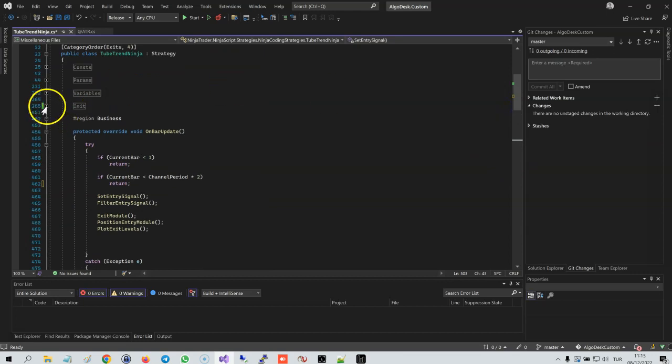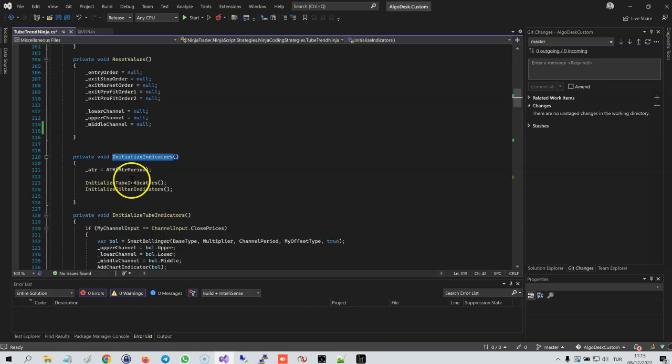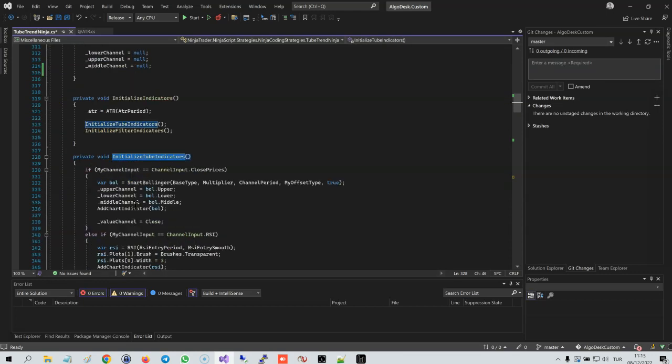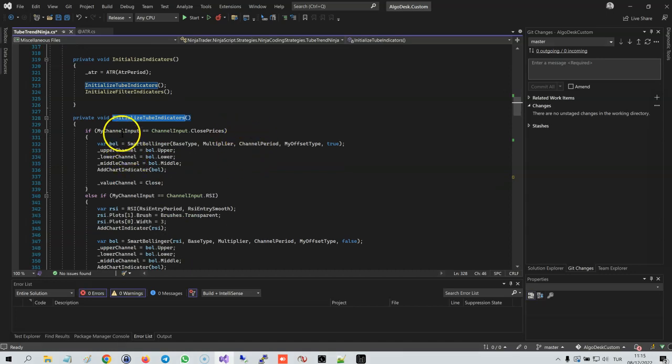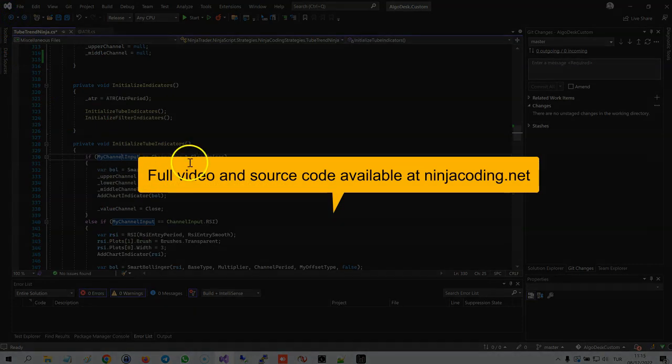And that is configured at the start right here, in initialize indicators. So when we initialize the indicators, if my channel input, which is a parameter, is selected to be close prices,